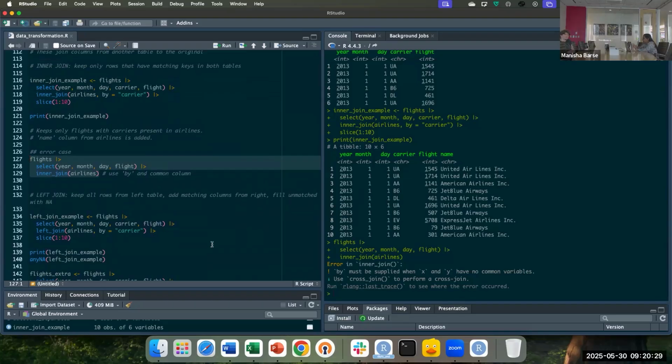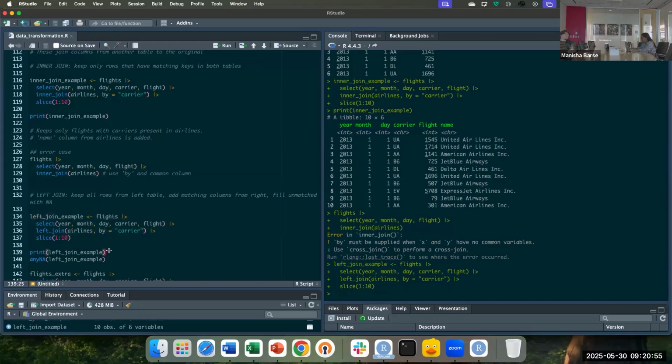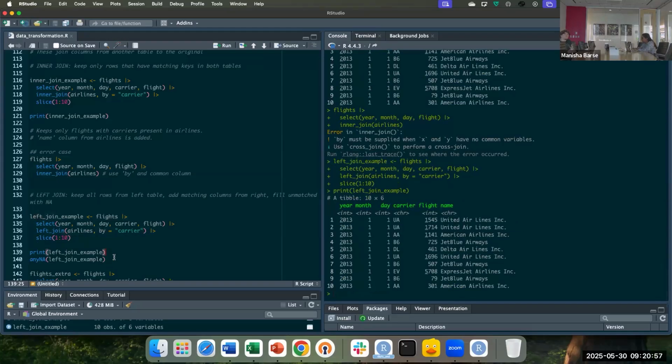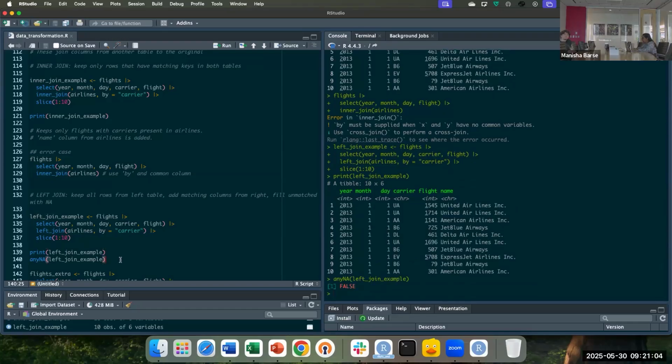And if at all there are some missing entries, it will fill it by NA. So again, similar format. Here the important factor is to tell the left join that by the common column, that is by carrier. So this will also look like this. Since these both have similar columns, if we check whether there are any NAs, it says it does not